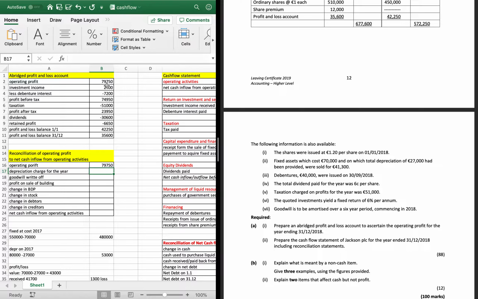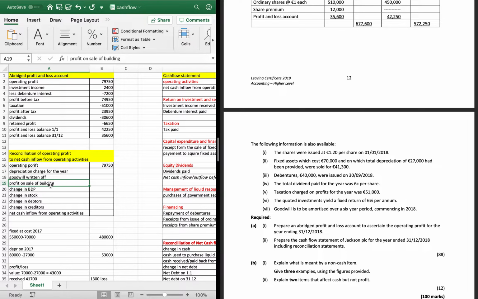So you should nearly always have more cash in your business than you have profit. So if we have an operating profit of 79,750, we can hope that we would have more cash in our business than that. If we don't, we're probably not going too well. So the non-cash expenses, the four we're interested in really are depreciation, goodwill written off, which is depreciation, profit on